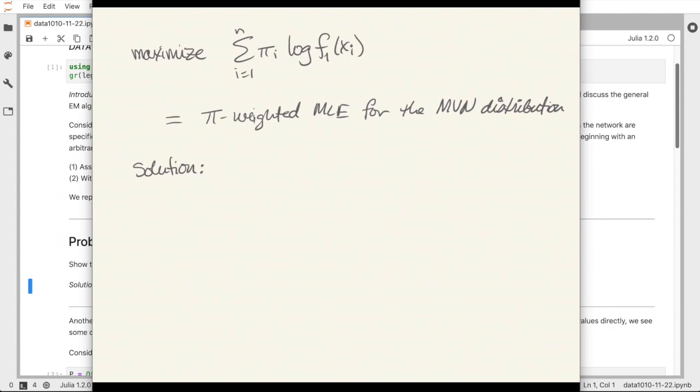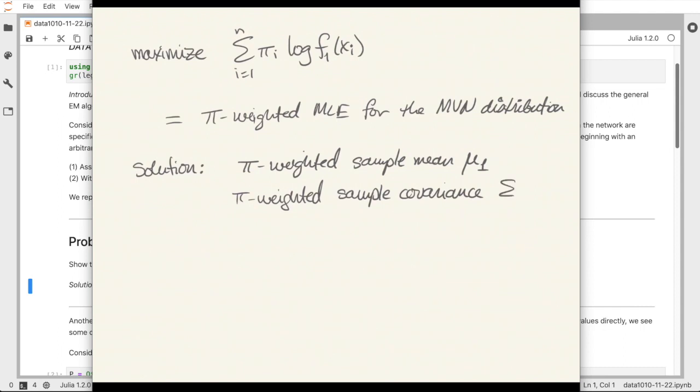And we're going to skip the details here because it's a little computationally messy, but the maximum likelihood estimator for a multivariate normal distribution without the weights is just the sample mean and sample covariance. And that's exactly what comes out here, except instead of computing the ordinary sample mean and the ordinary sample covariance, we'll end up computing weighted versions of those. So it all worked out. This general algorithm we described produces the same results in the Gaussian mixture case that we worked out intuitively,